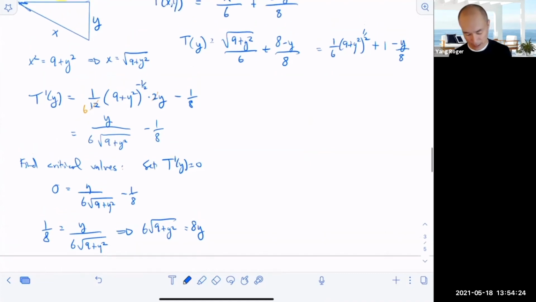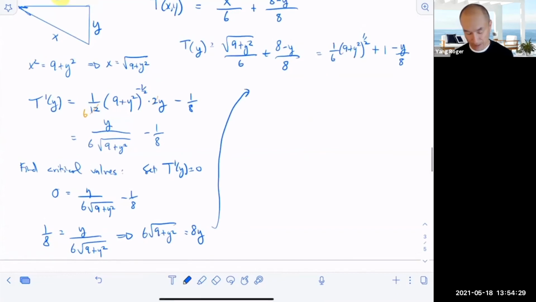Okay. So let me come up here. So then what do we get? I could divide both sides by 2, right? I guess so. So we'll get 3 square root of 9 plus y squared is equal to 4y. And then I think I should square both sides because I want to get rid of that square root. So when I square both sides, I'm going to get 9 times,